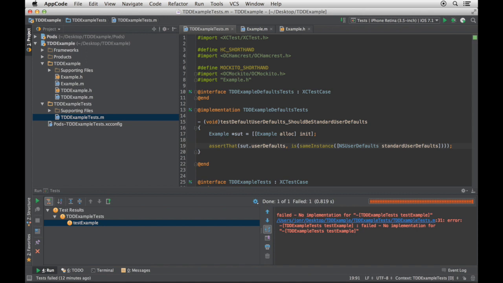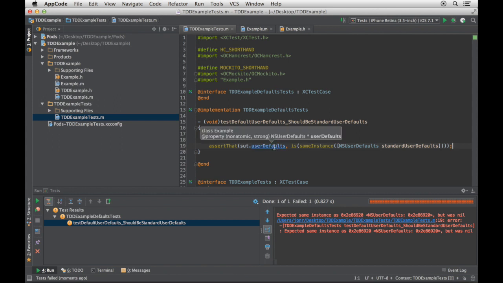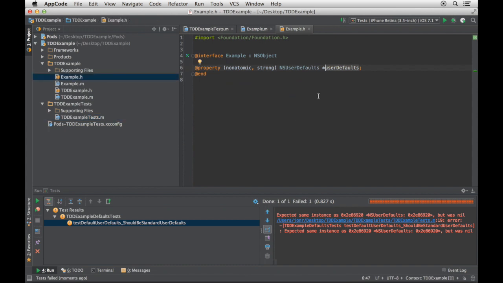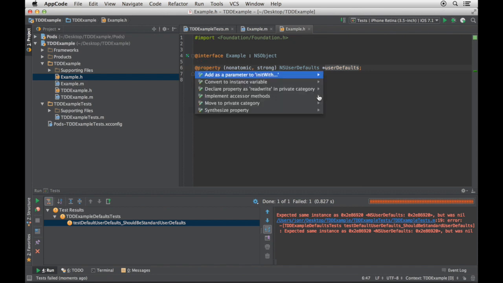It pops up and I accept, pops up and I accept. Now I'm going to Control R to run my current configuration, which is the tests. It's going to go off. It's not going to pop up the simulator, and it fails as I want it to because I have not provided this suitable default.